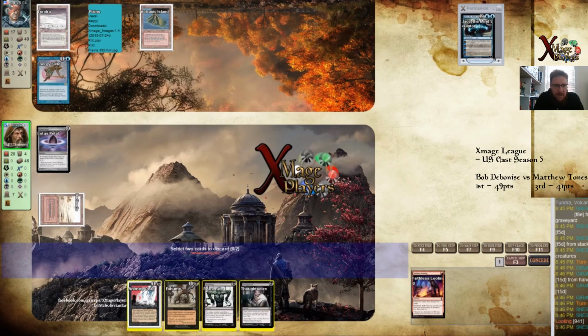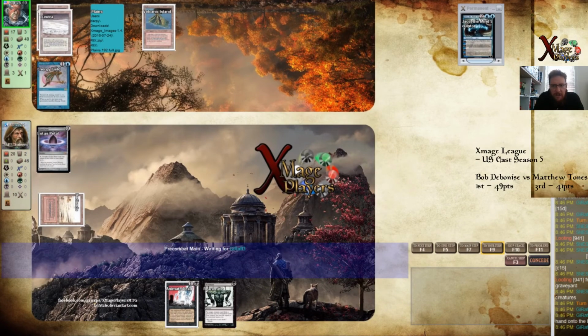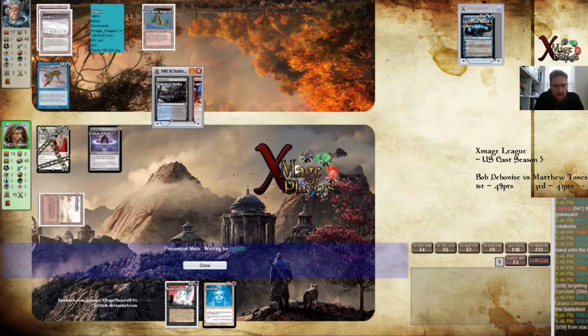Faithless Looting, I was hoping to hit a second land there, but Reanimate is a possibility, but I'm just going to give it a turn just to see if I can pick up something else. There's my sideboard tech, Serenity. Serenity...